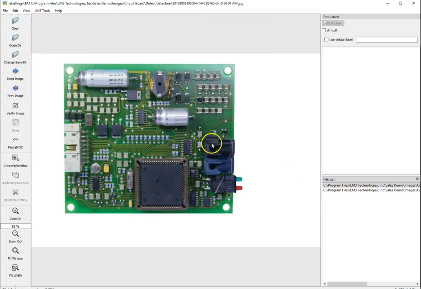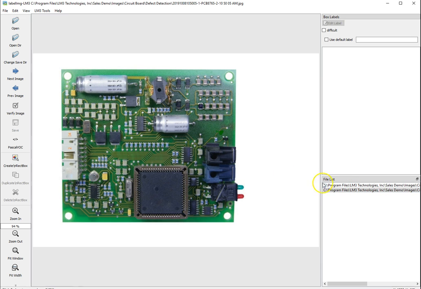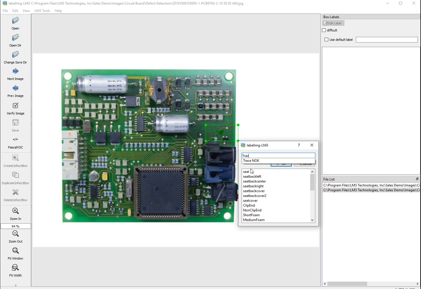And the first image is good, the trace is good, so we're not going to add any defects to that one. But on the second one, we're going to add a defect. So we're going to say trace, okay,